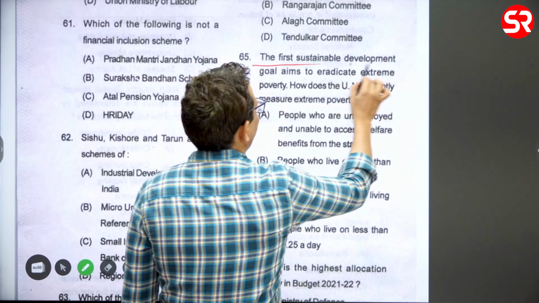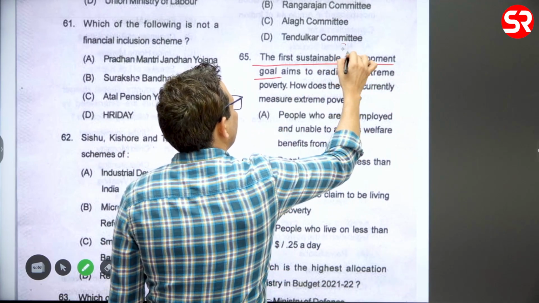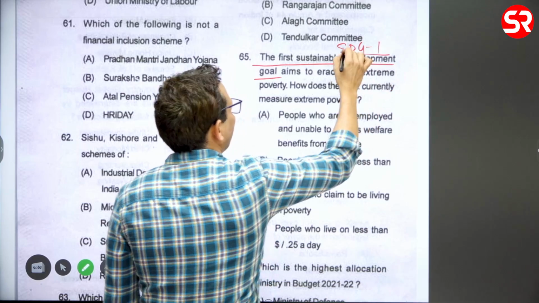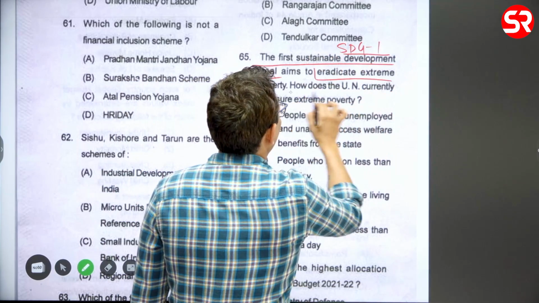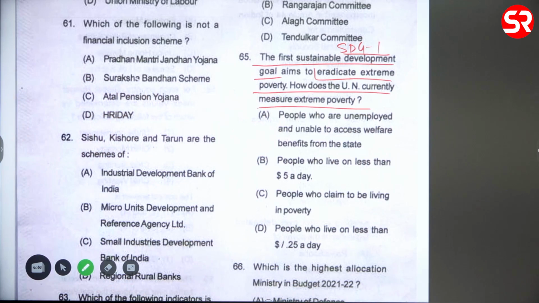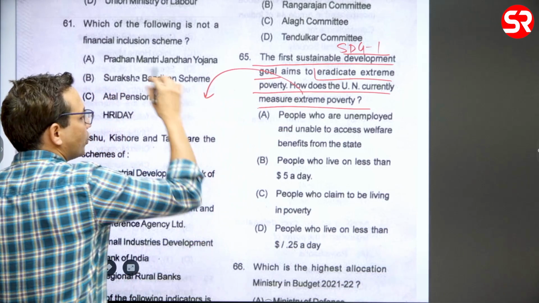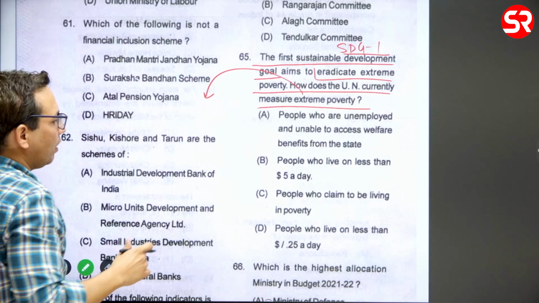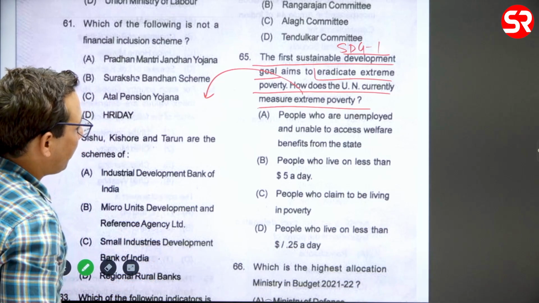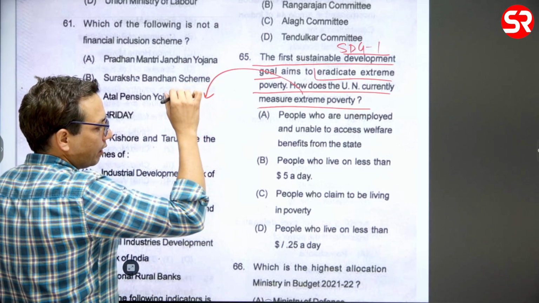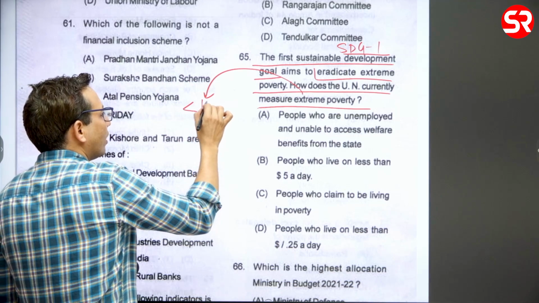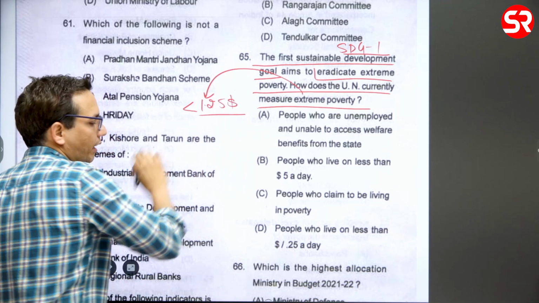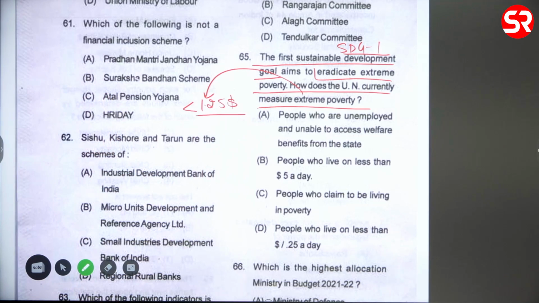The first Sustainable Development Goal, SDG number 1, aims to eradicate extreme poverty. How does UN currently measure extreme poverty? Look, when we initially brought Sustainable Development Goals, that time extreme poverty was measured using people who were living on less than $1.25 per day. All right, people who were living on less than $1.25 per day were considered to be